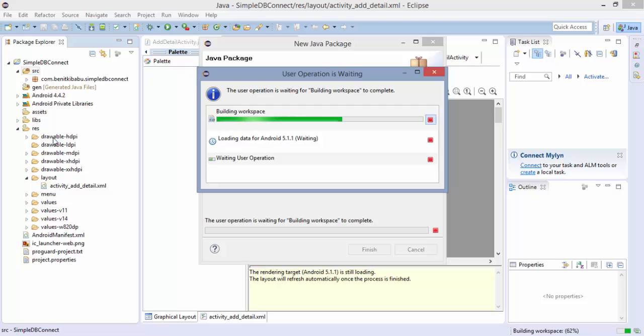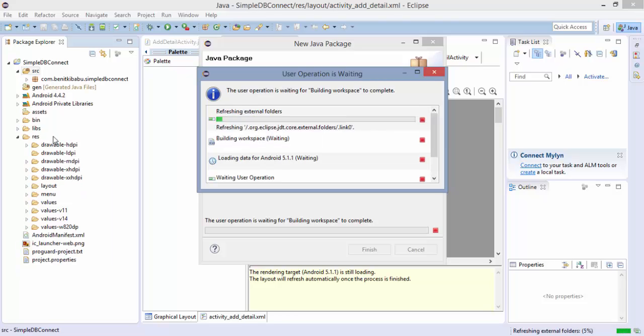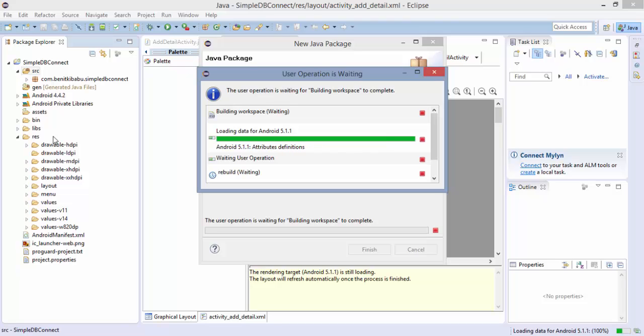Now inside this package, we're going to create a class and it's going to be called app config class. Now the app config class is going to hold a couple of static variables for us that we're going to need in order to make a connection to the online database. Okay, so while this finishes up,